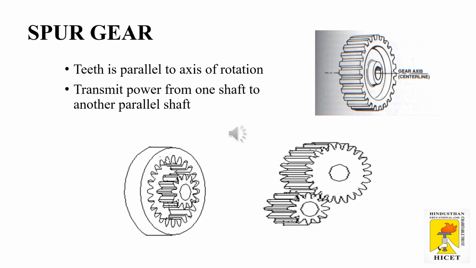Spur gears have teeth parallel to the axis of rotation and are used for transmitting motion between two parallel shafts. As shown in the figure, the gears have mating to transmit the power between two parallel axis shafts.